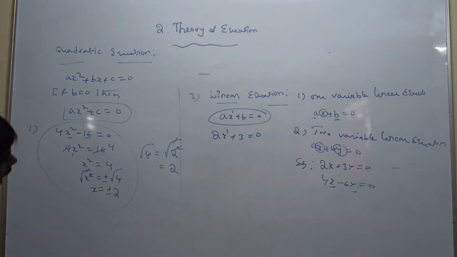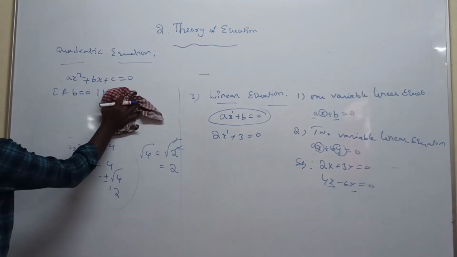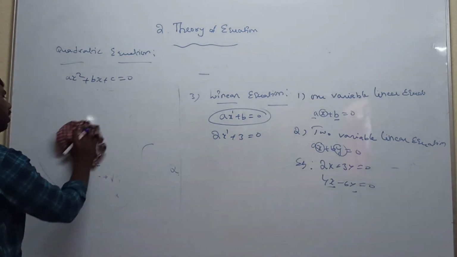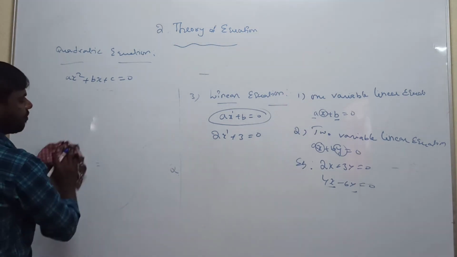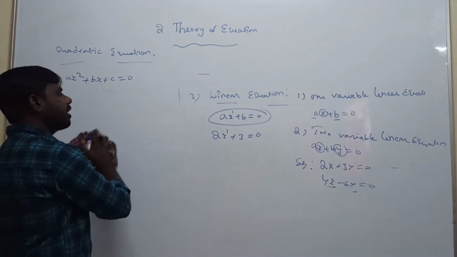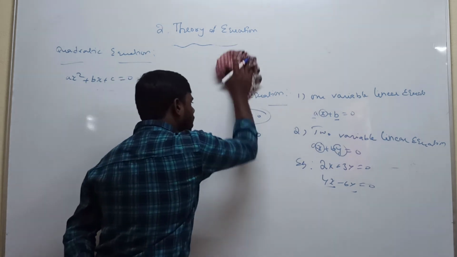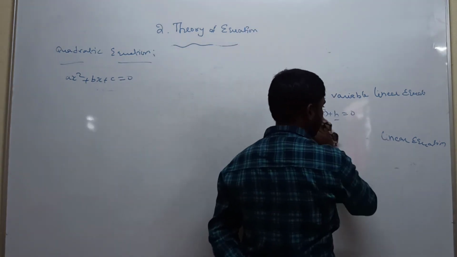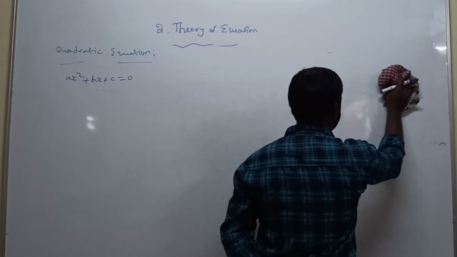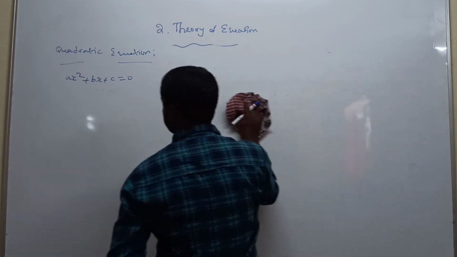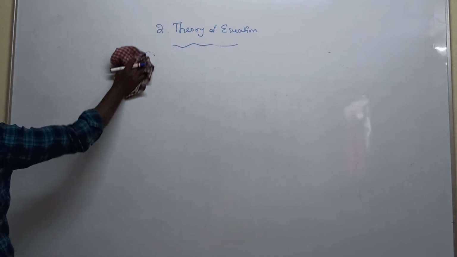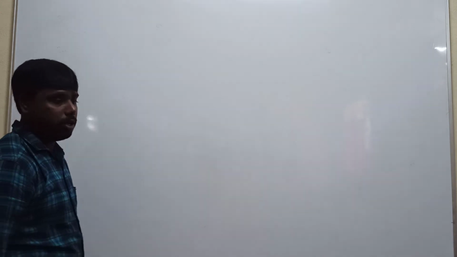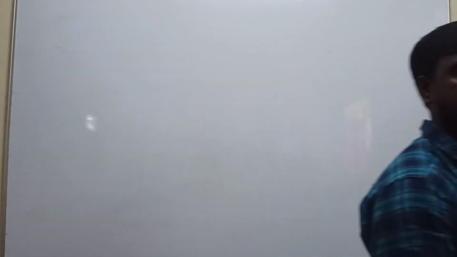The next one is the affected quadratic equation, meaning a quadratic equation of the form ax² + bx + c = 0. It is called an affected quadratic equation. A quadratic equation can be solved by three methods: the factor method, the completing the square method, and the formula method. Among these three methods, the formula method is the most important, so we will discuss it tomorrow, along with the remaining questions. Everyone understood? Thank you to all.